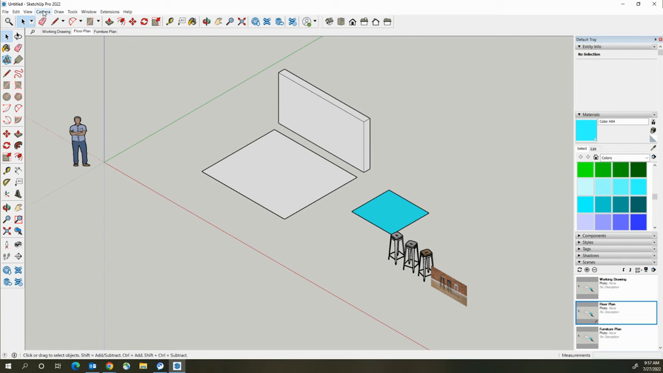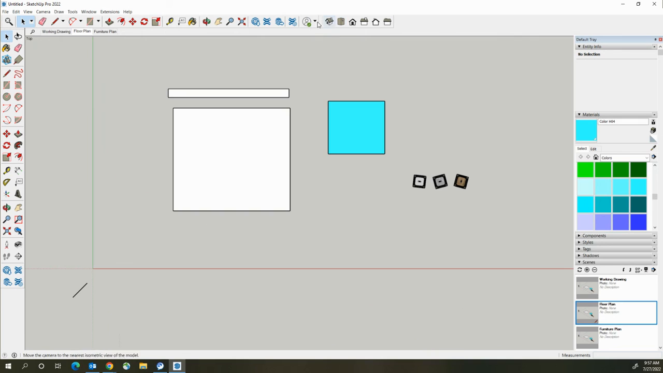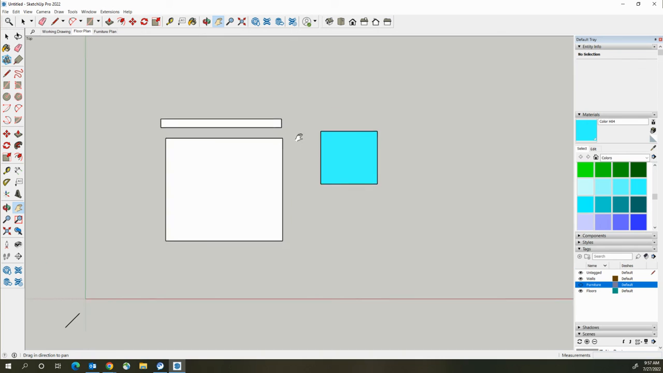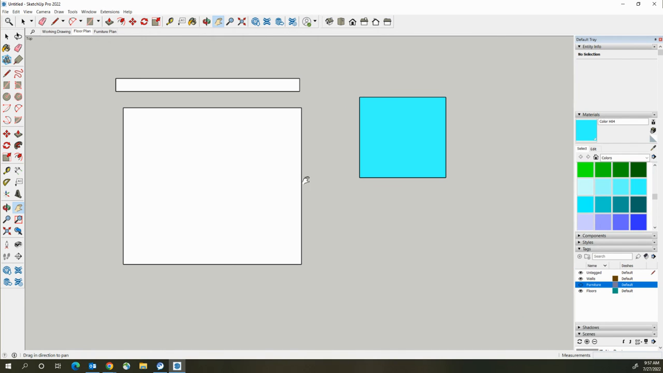So I'm going to go to a top view. I'm going to hide. I'm going to go to tags and hide my furniture because in a floor plan, you're typically not going to see furniture. I'm going to shift it to just what I want to see. So this is the view I want for my floor plan. So now I'm going to come up to the floor plan tab. I'm going to right click and